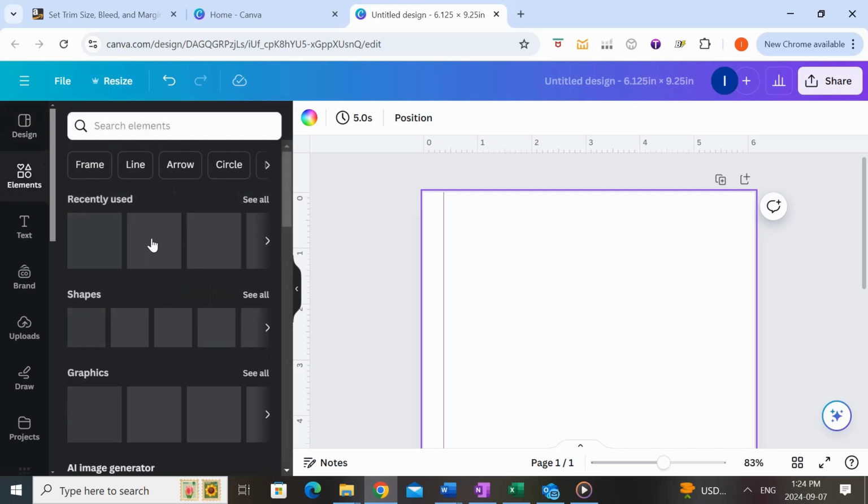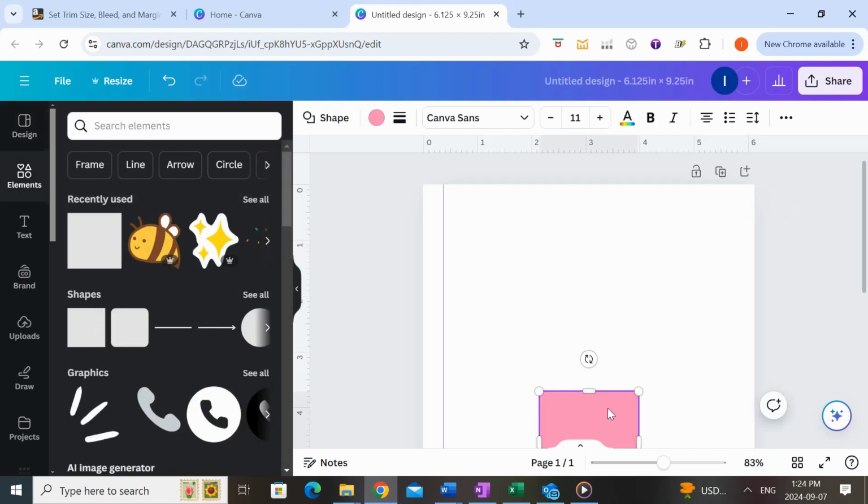So we're going to come to elements. We're going to grab a shape. And what we're going to do is to shrink down the shape to fit exactly in this margin. And make sure you press down the shift key when you're shrinking down so that it stays as a square, or else it might turn into a rectangle. So shrink it down. And we're going to put it here and just going to adjust it to make sure